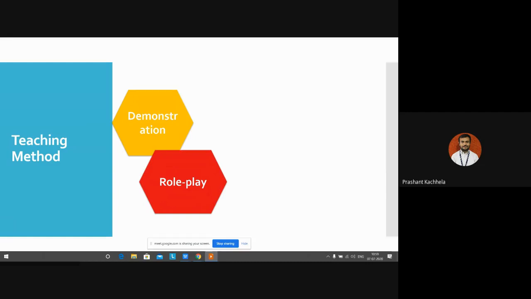Though role play is not possible because of the online lecture module, whenever things go in a better direction, it will give us a chance to meet personally. And in classroom mode, we are also looking for role play. We'll see some situations in which you have to demonstrate with the help of your group members, and after that we'll discuss what happened in that role play.